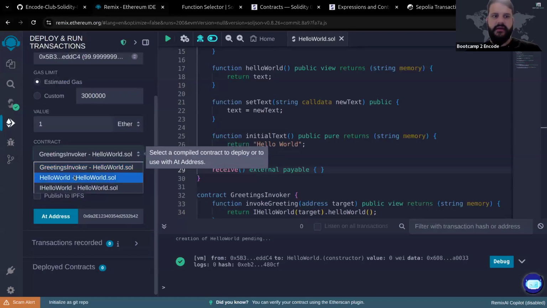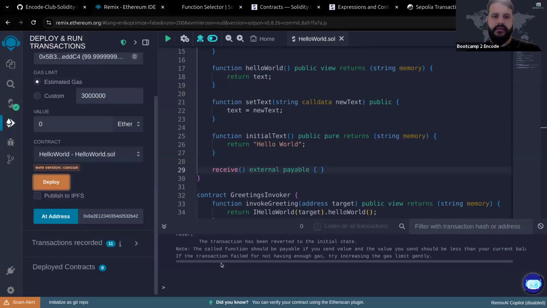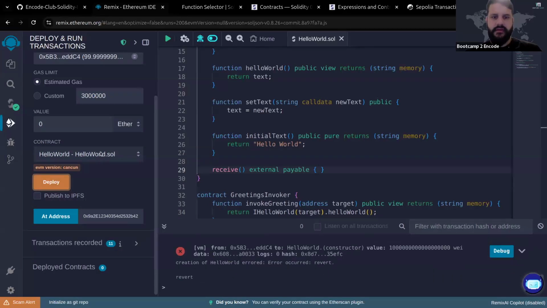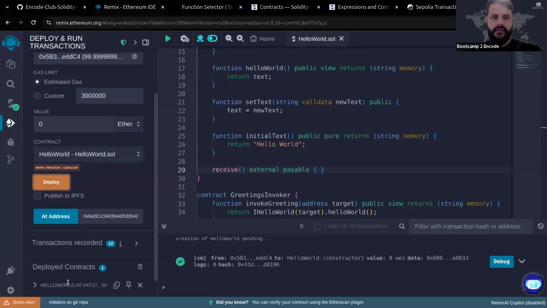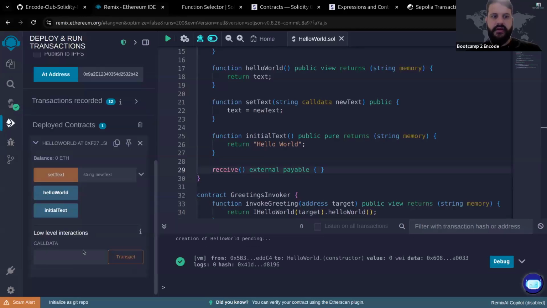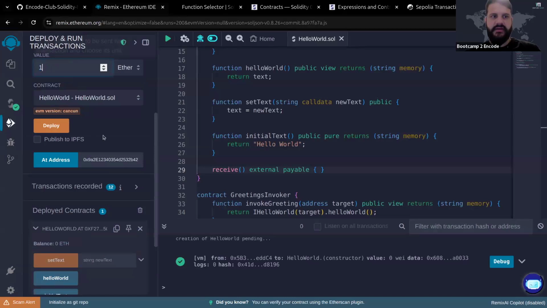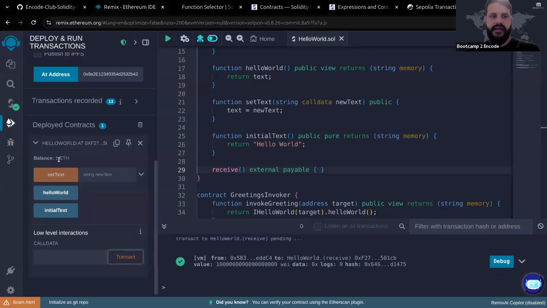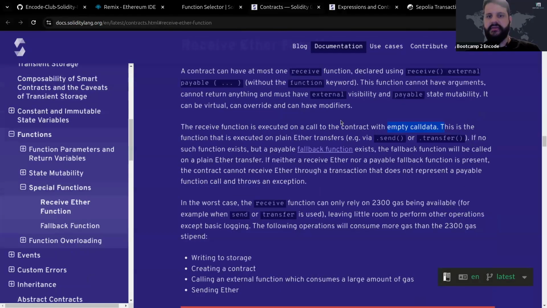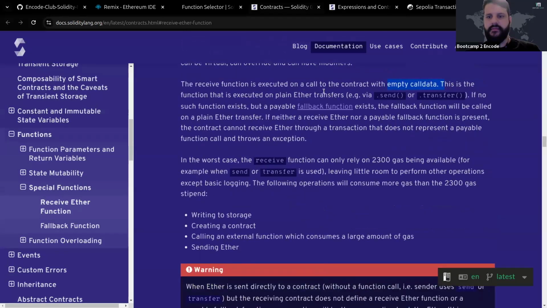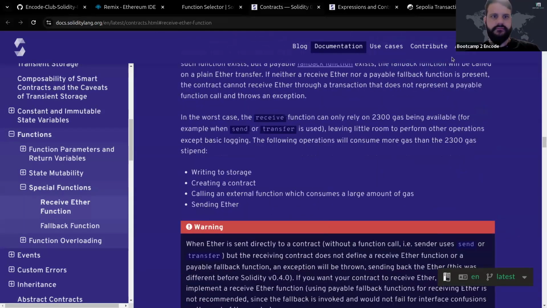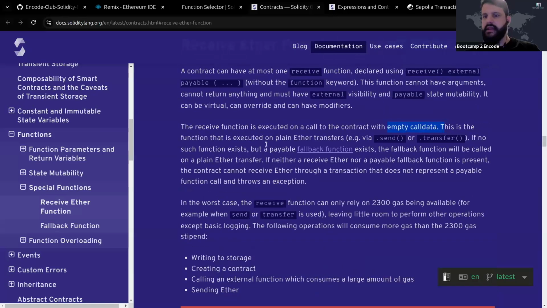Let me deploy this hello world again. What's happening? I had something there, sorry. So now if I try sending 1 ether to it, it just goes, and I have 1 ether in the smart contract to see. Okay, this is the receive ether. It enables a smart contract to receive donations. Okay,